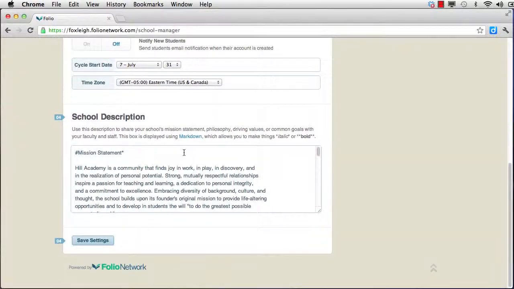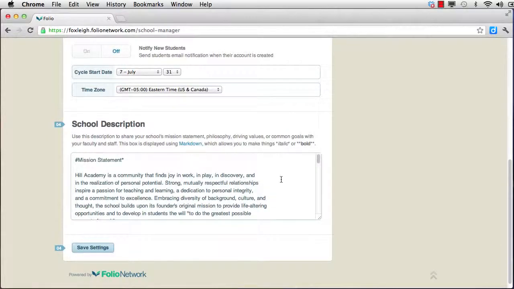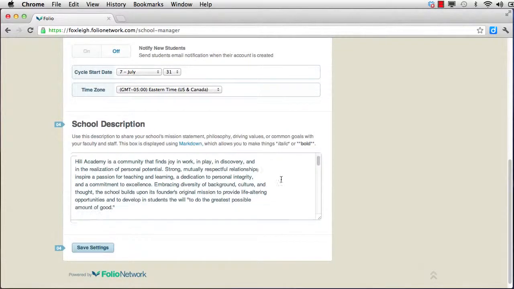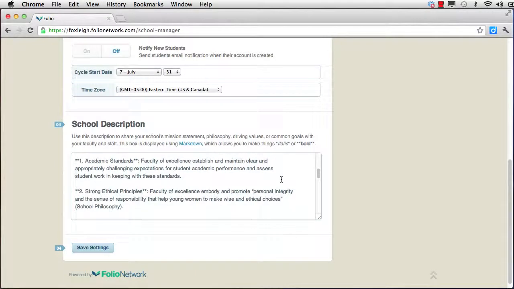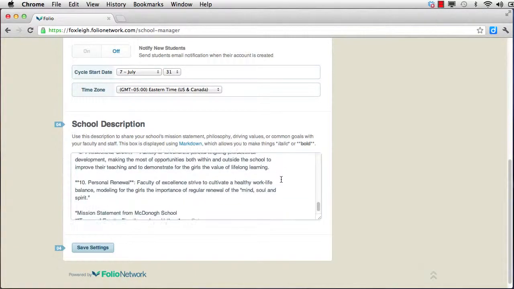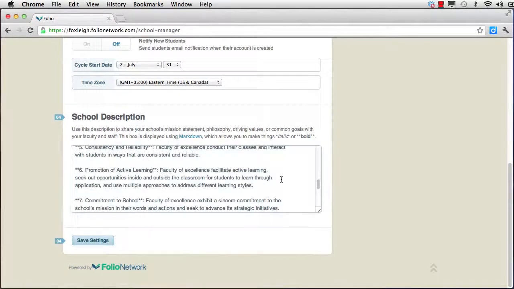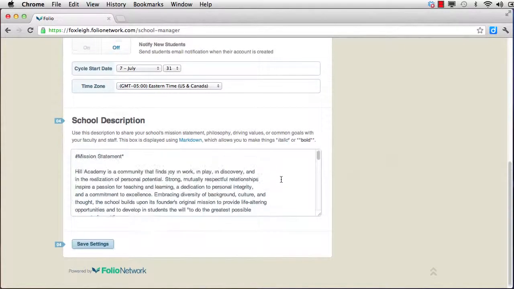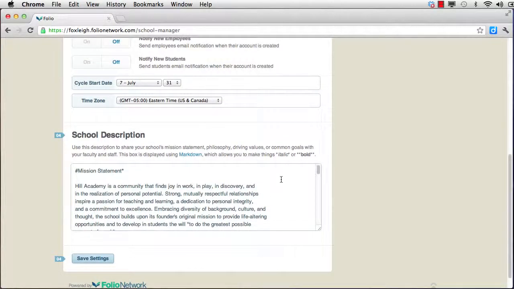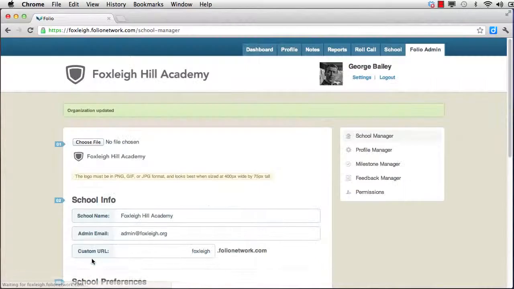Here is your time zone, and underneath here is our school description. And this is something where you could put your mission statement, any tenets of faculty excellence. You can put any strategic plan information or anything that people might want to see when they are doing their goal setting, because this is going to show up on every person's dashboard page. Once you finish putting in this information, just click on Save Settings, and then you're back here to this main